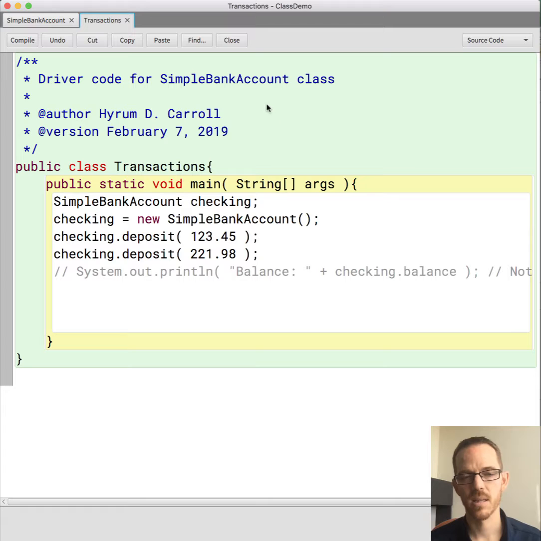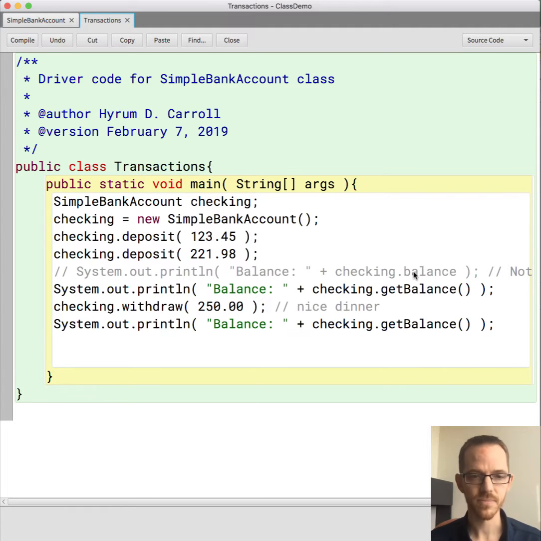BlueJ has a mini compiler going on as you type to give you a heads up. So we could make a call to getBalance, calling checking.getBalance, which will retrieve the balance, and then we'll concatenate that with the balance string and display it.